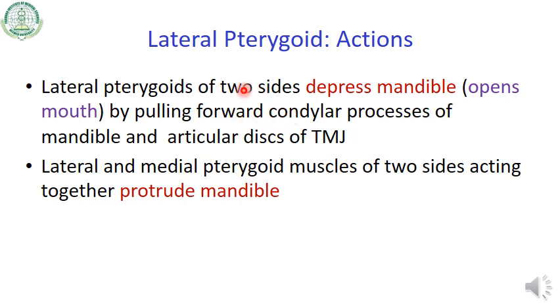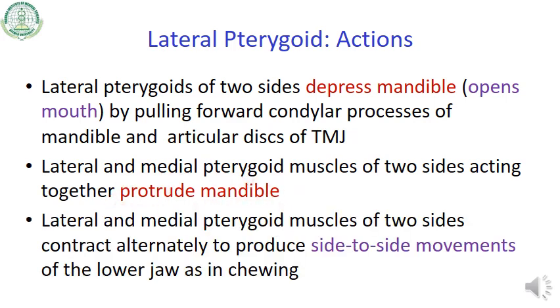During this depression, the lateral pterygoids of both sides are acting together. When the lateral pterygoid and medial pterygoid muscles of two sides are acting together, the mandible is protruded. Means lateral and medial pterygoid of both sides, when they are acting together, cause the protrusion of